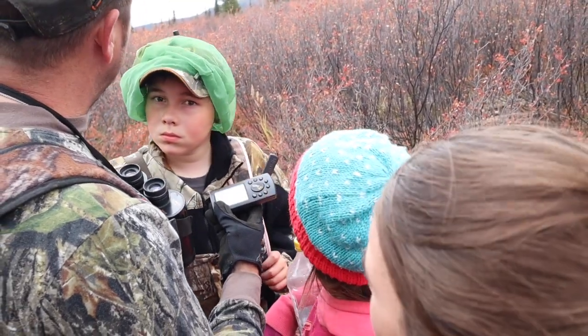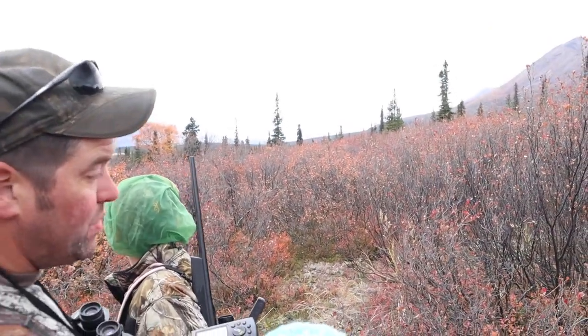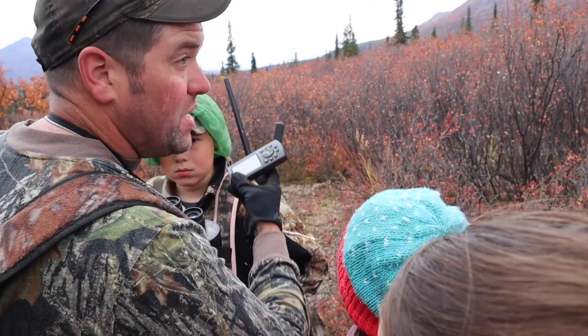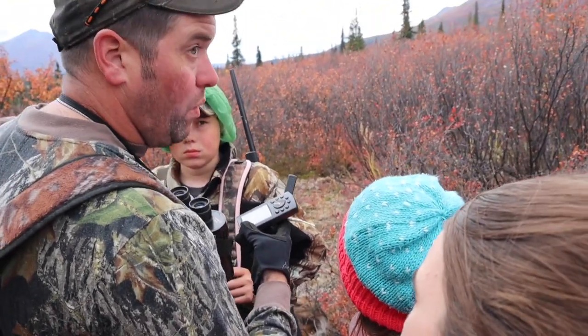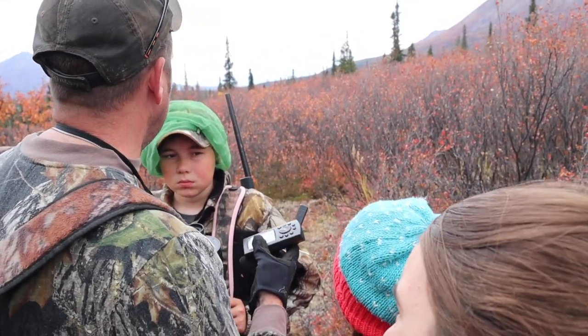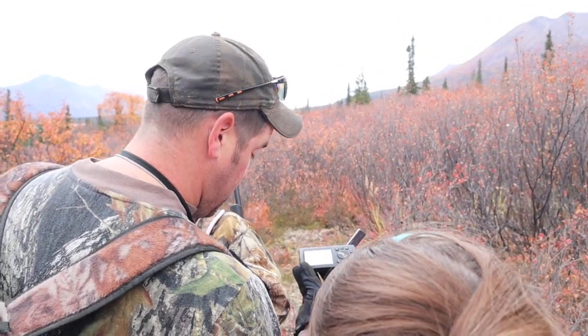So you see that tall spruce tree right there? Right, that's it. We're gonna walk to that, and then I'm gonna see what it points at next, and then we're gonna walk to that, and we're just gonna keep having points of interest every so far that we can see, that we all can see, no matter how high or low we are. That way we don't get all torn up and turned around back here. So we're gonna walk straight to that spruce tree, and as soon as we start walking, you'll see this thing